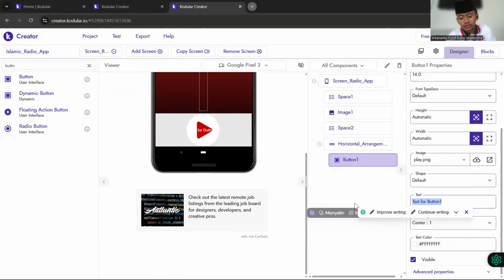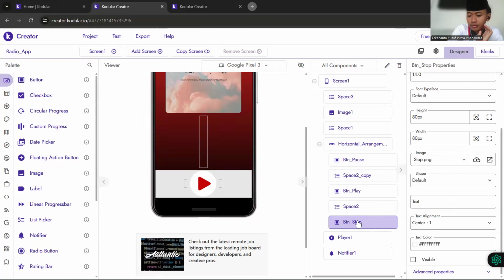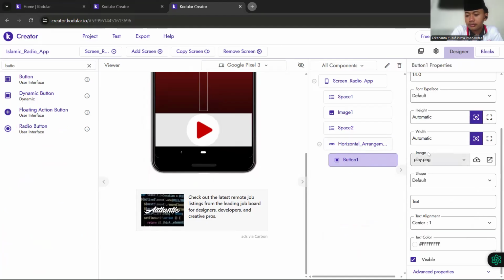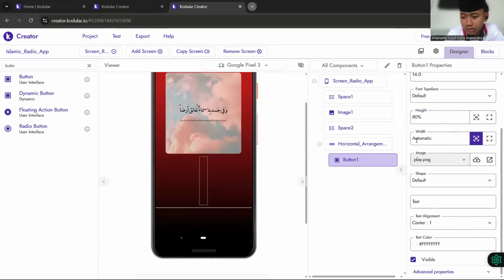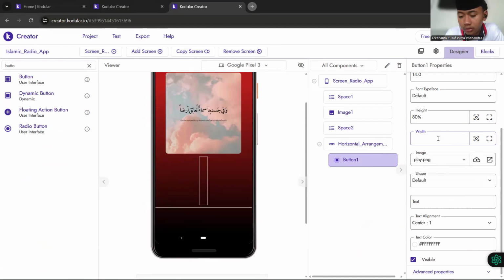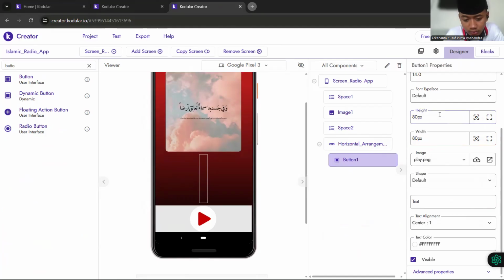Okay, for the text of the pattern we remove it like this, and then for button it's 80, I mean PX, not percent, like this.